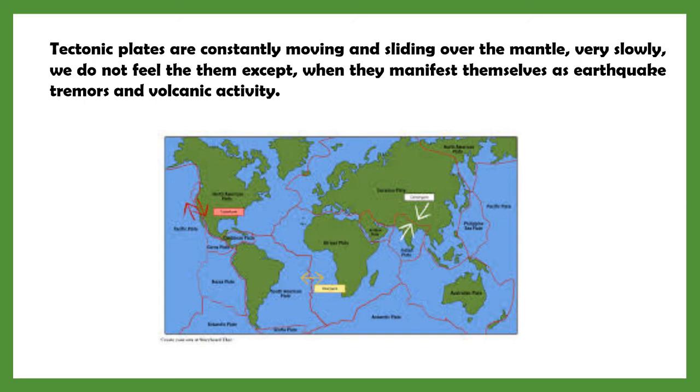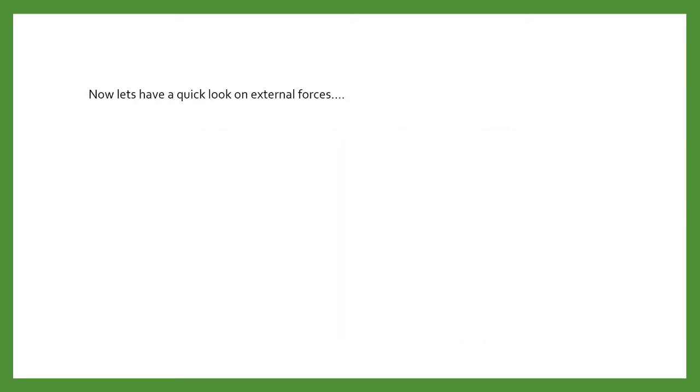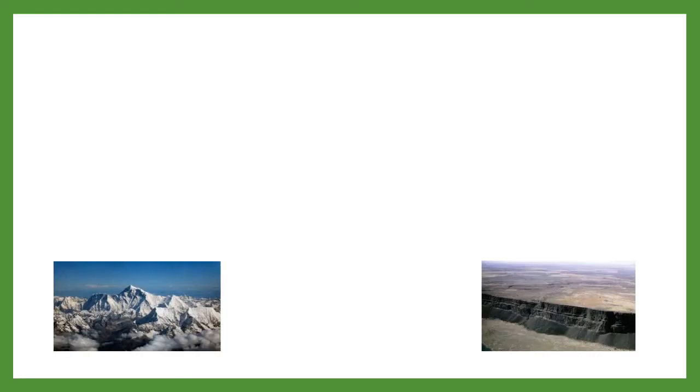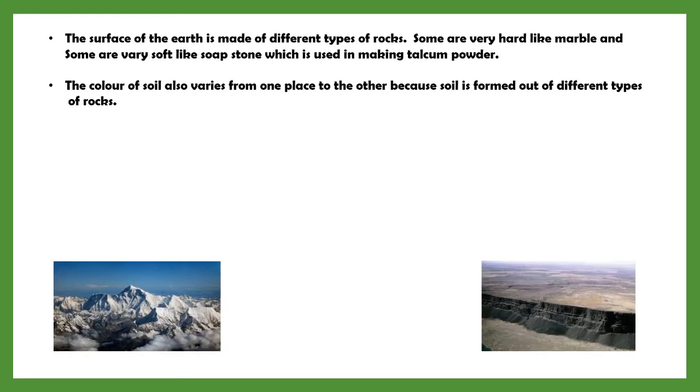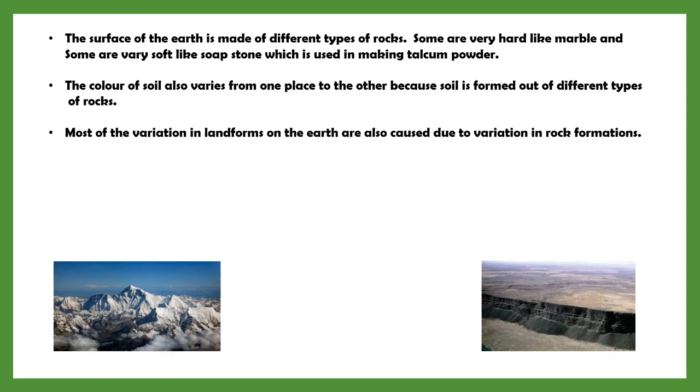Okay, now let's have a quick look at external forces. So the surface of the earth is made up of different types of rocks. Some are very hard like marble and some are very soft like soapstone, which is used in making talcum powder. The color of soil also varies from one place to another because soil is formed out of different types of rocks. Most of the variation in landforms on the earth's surface is also caused due to the variation in rock